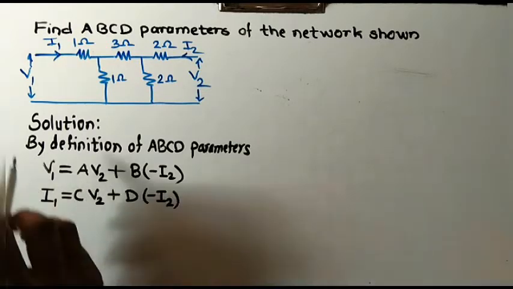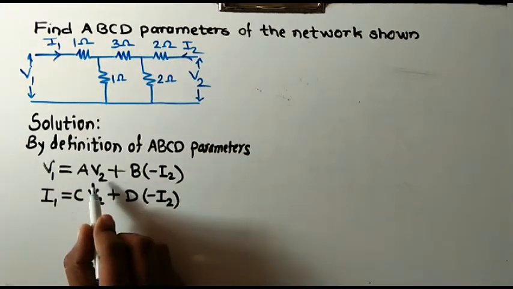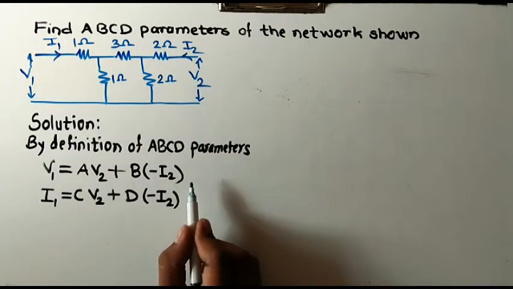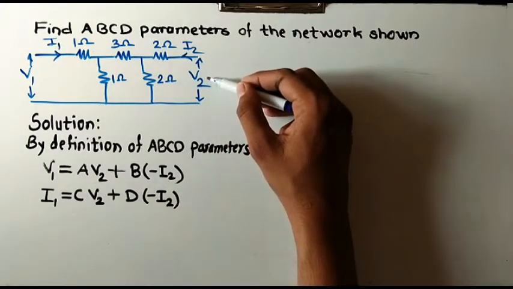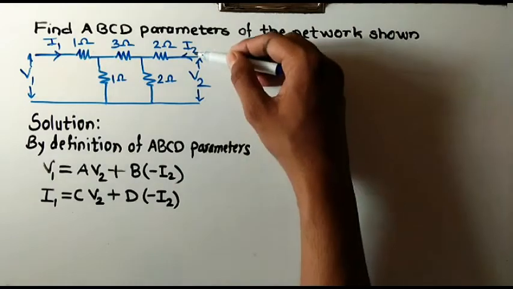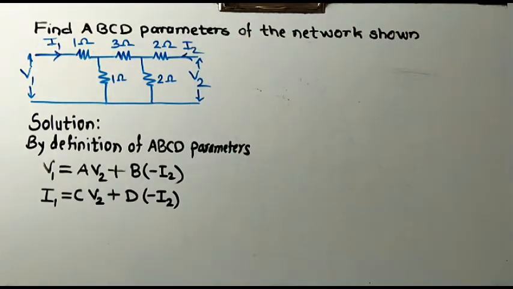some voltage at V1, and this V2 may be open circuited or short circuited. If we open circuit it, we can have V2, and if we short circuit the output port, then the current flowing through this will be I2, and thus port 2 can be open circuited first and then short circuited to find A, B, C, D parameters respectively.